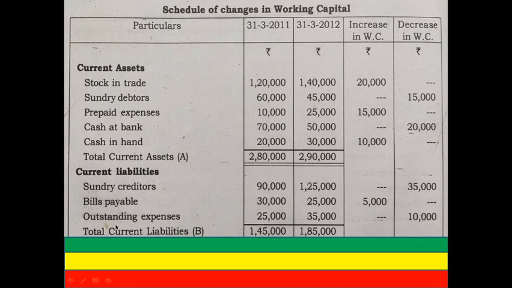Whenever you are taking current liabilities, take all these amounts: 90,000, 30,000 and 25,000. Never include the amounts above, that is the amounts of the current assets. Here also you need to add all these items, and you will get the total current liabilities. And never ever take the total of these changes, the increase or decrease in working capital relating to current liability. We will deal with that part as a whole by the end of the schedule.